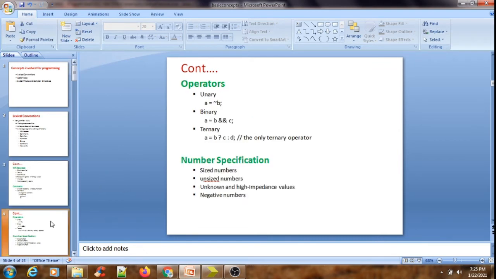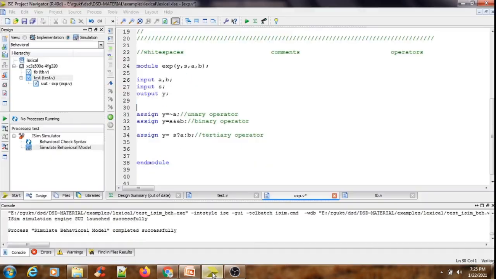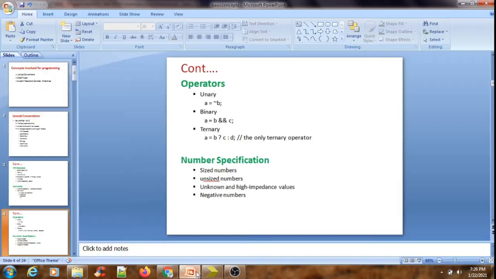The next one is operators. The most common operators in Verilog HDL are the unary operator, binary operator and ternary operator. So what do unary, binary and ternary mean? A unary operator operates on only a single operand.